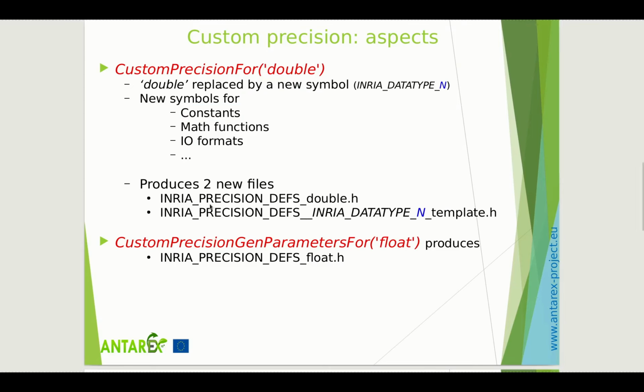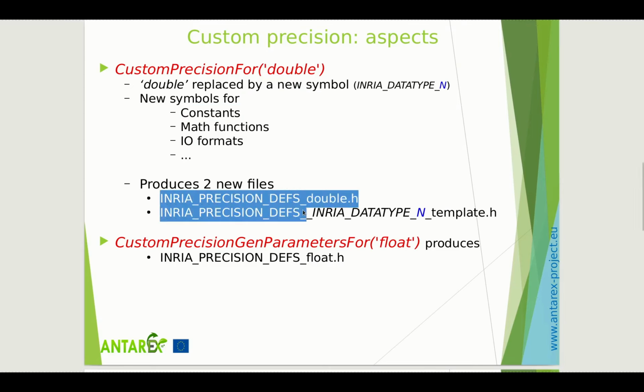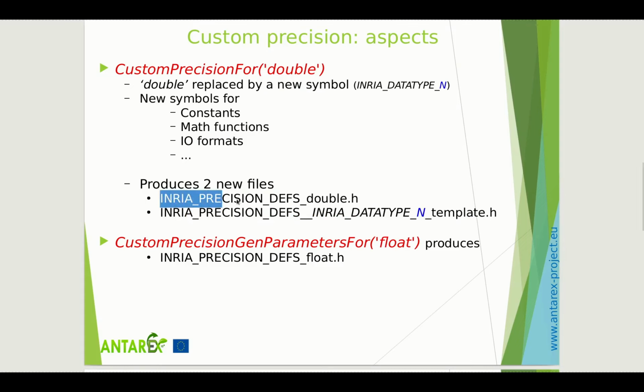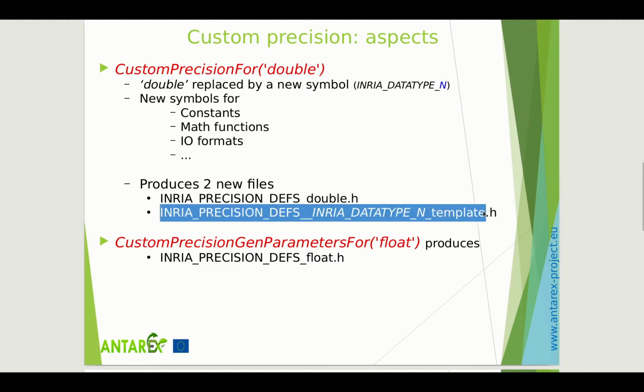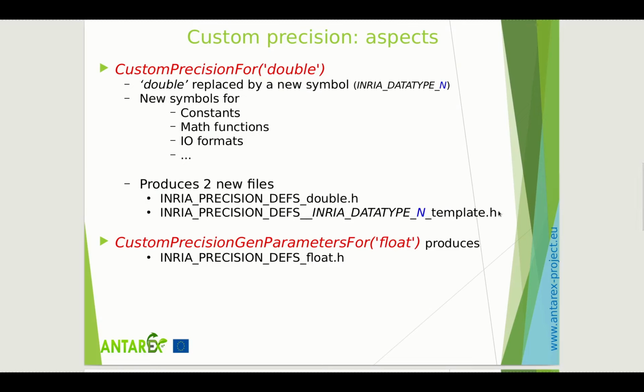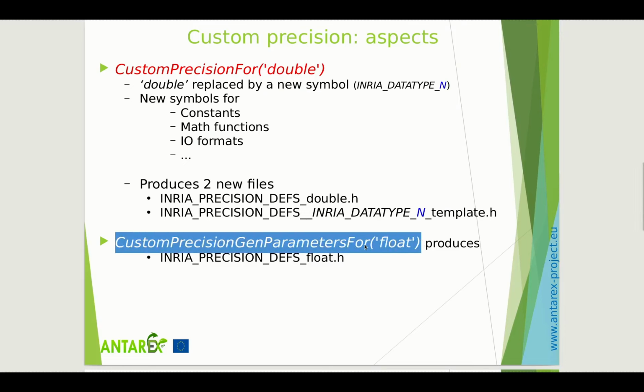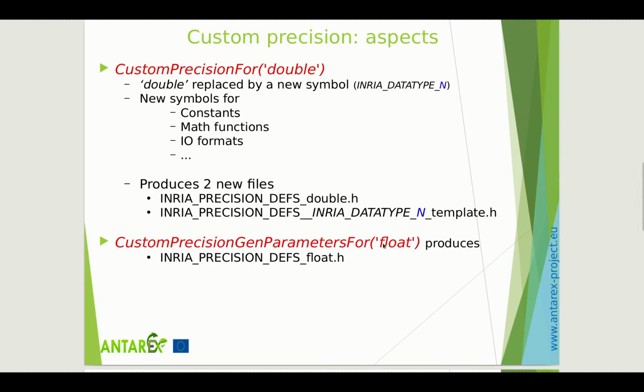The parameterization creates some files in which the created symbols are stored. The first one defines the parameters with the original values for each newly created symbol. The second one is a template file in which the definition of the symbols must be updated by the user. This file may be used to test implementations of type representations such as fixed point or half precision, for example. The second aspect is a utility that generates the definition of the created symbols when these definitions may be easily derived from the original ones.